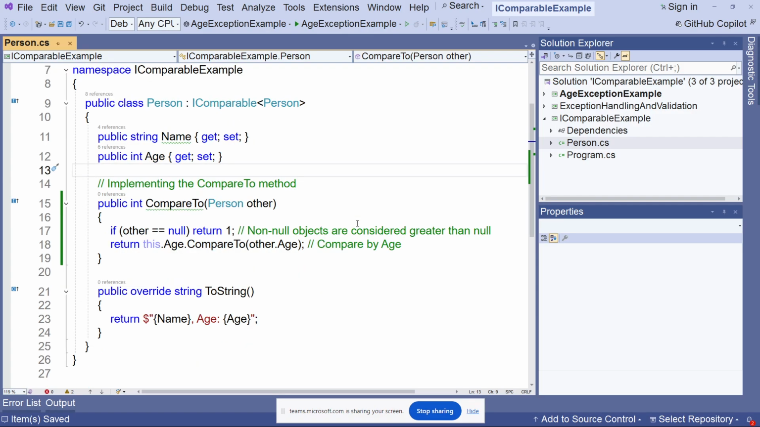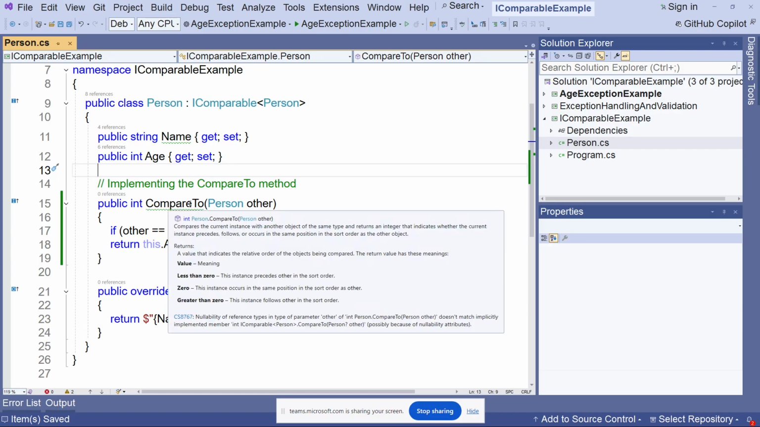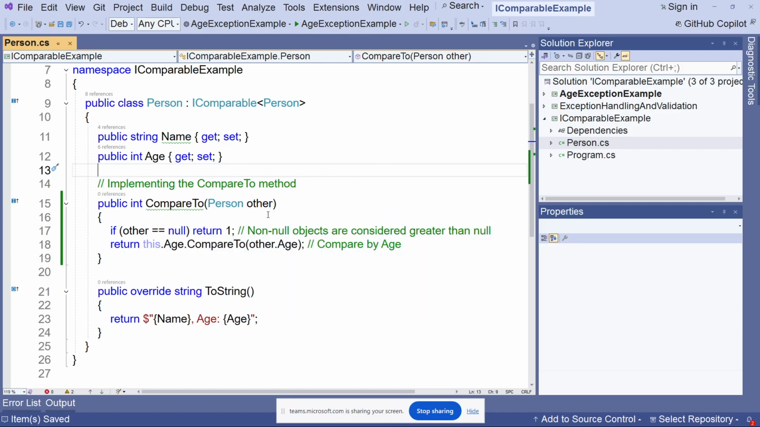So to show how this really works, this is the Person class. It just has a couple members here, name and age, and has this CompareTo, and it's comparing based on age, right? So this CompareTo method, what you're basically saying here, okay, so basically what this is saying here,